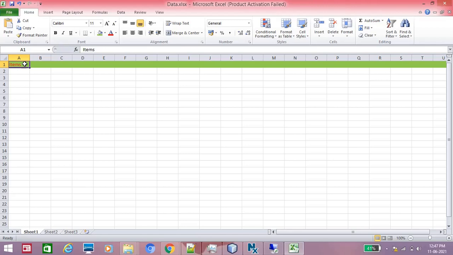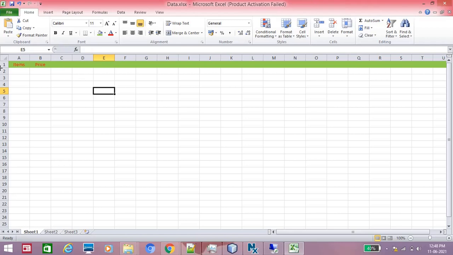How can we make it centered? Just select it and click the center button. It should come in the middle, as a center. Next, price. Here price is not centered, so you can select it and click the center option.